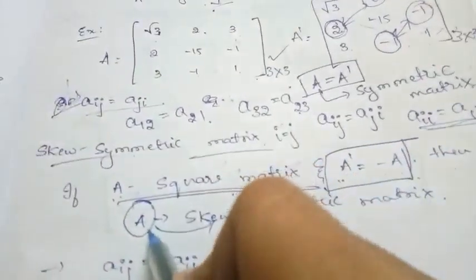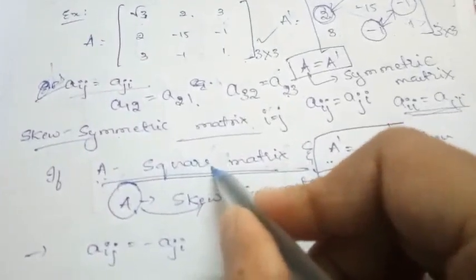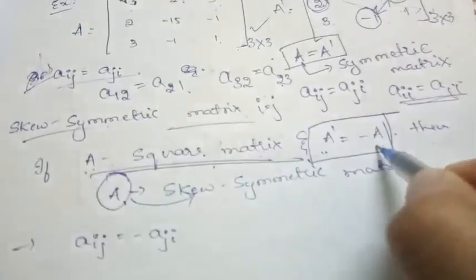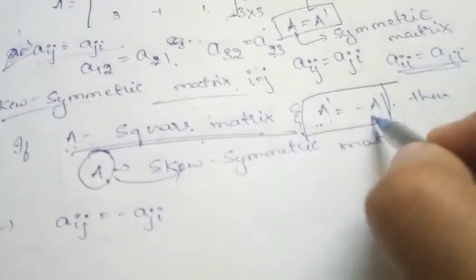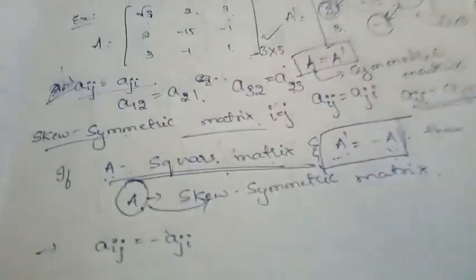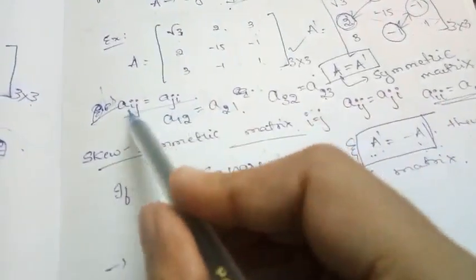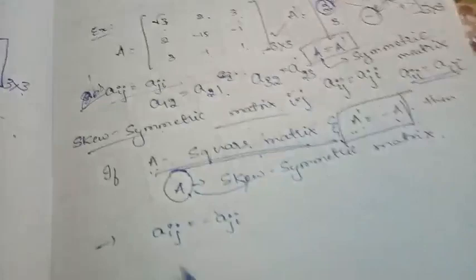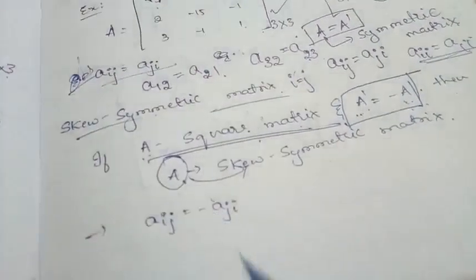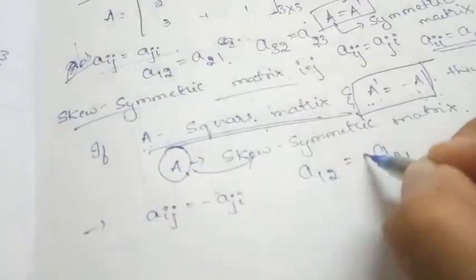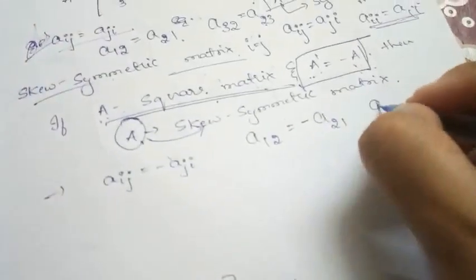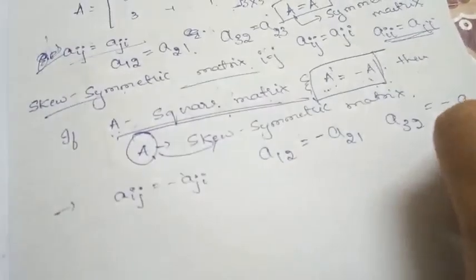So when you are saying that the given matrix is skew, first you should check whether it is a square matrix. Yes, it is a square matrix. Proceed. That is nothing but check, take the transpose. If that transpose is equal to negative of the given matrix, then such a matrix is said to be a skew symmetric matrix. Here you can see one of the properties, that there it was Aij is equal to Aji, but here each element Aij is equal to negative of Aji. That is, if I take A12, then our A21 element must be the negative of this element, or if I take A32, then A23 must be the